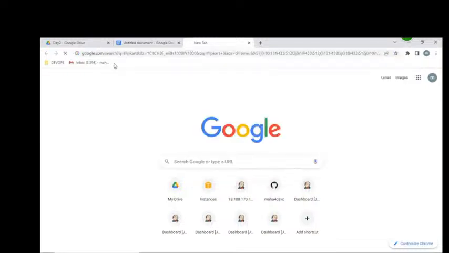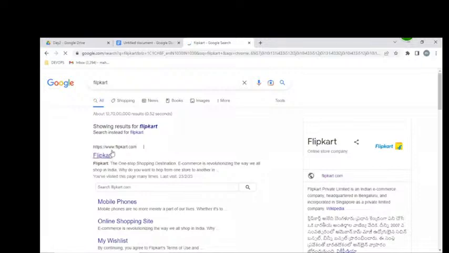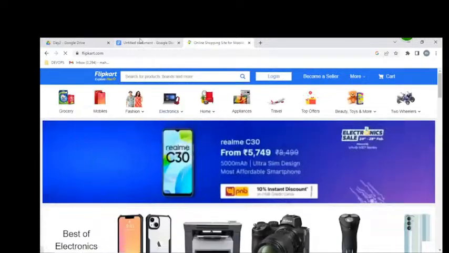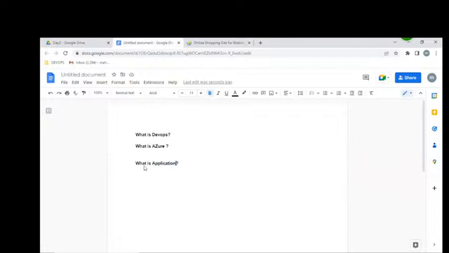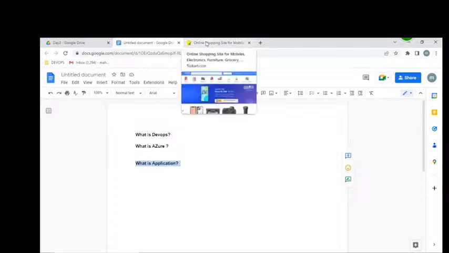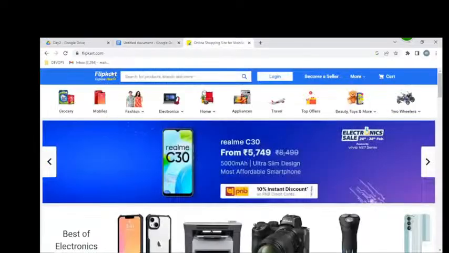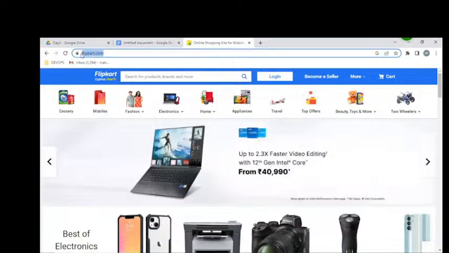What is an application? The working software which is written in any programming language, we are calling as an application.